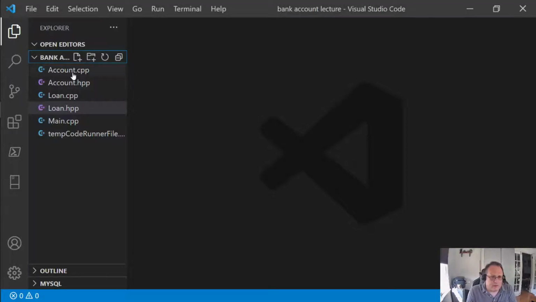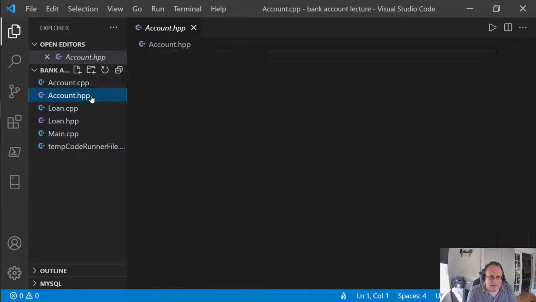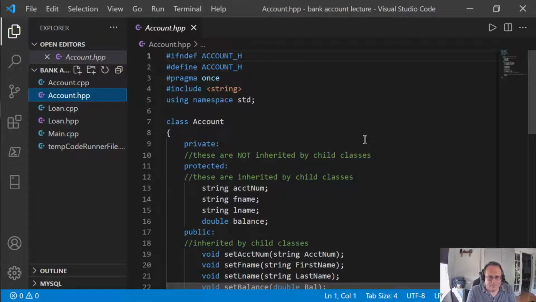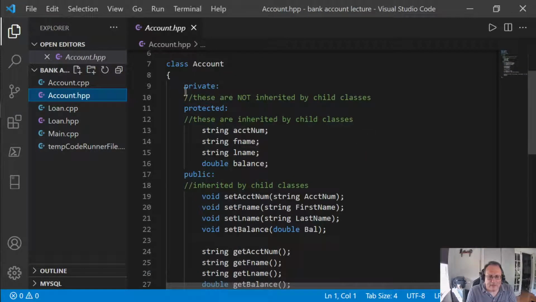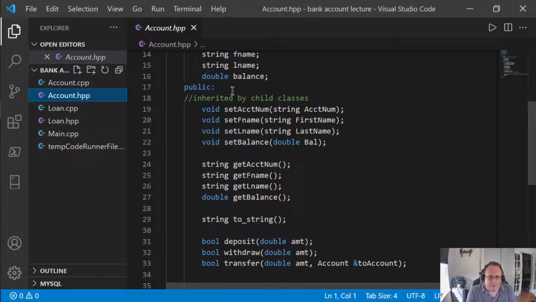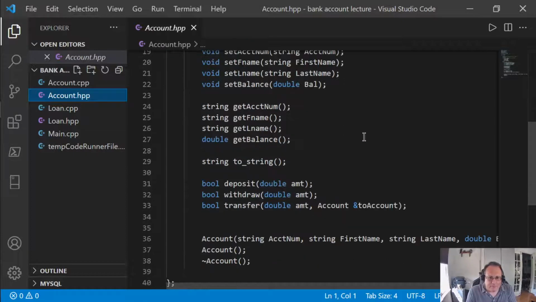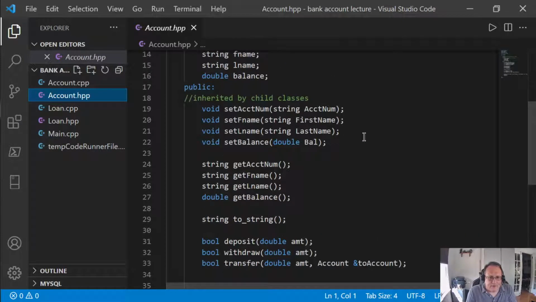So I have my account class built here. And as I've commented here, anything that's private will not be inherited by your child classes. Anything that's protected can be, depending on how you set it up. The way we'll do it will be. And anything that's public is guaranteed to be inherited down. I've got my standard setters and getters. So let's